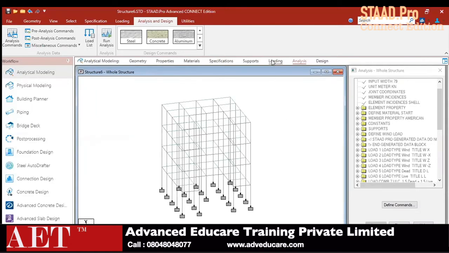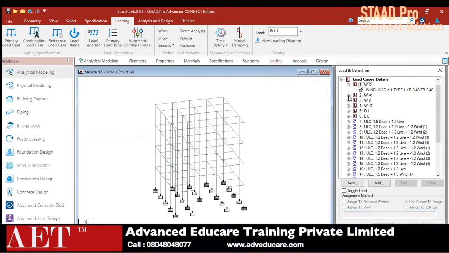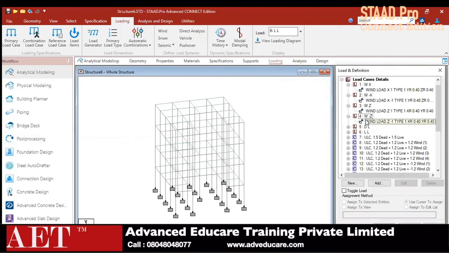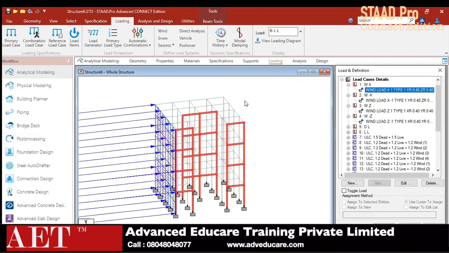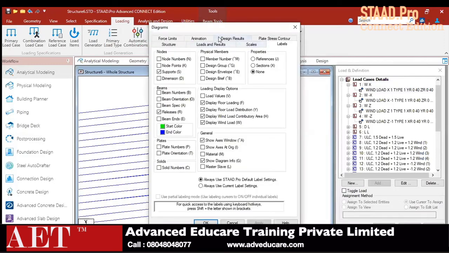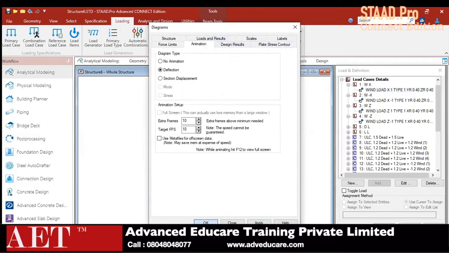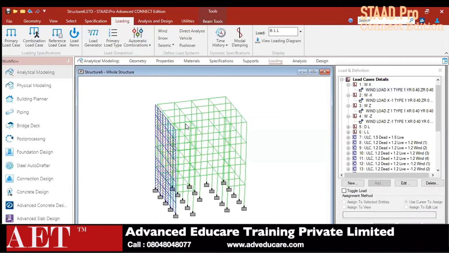We'll see the deflection. It is analyzing the structure. So I click on loading and open my own loads. Okay, these are all my wind load cases. Just right click, click on labels and animation, and click on the particular animation. The deflection is showing. We can create the animation, and the deflection picture will behave easily. Just scale it down. So this is my animation for the wind load in X direction.